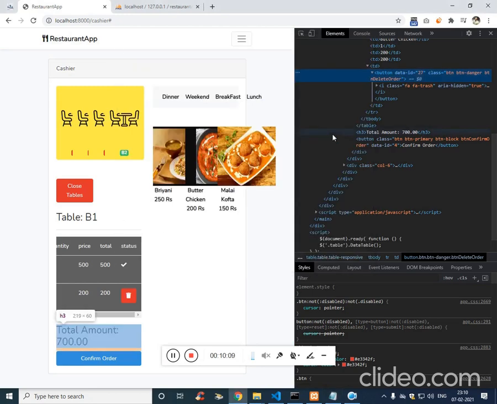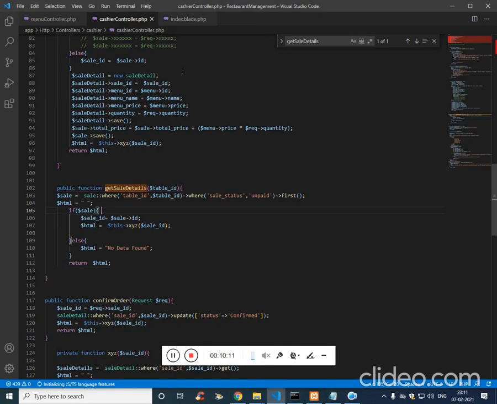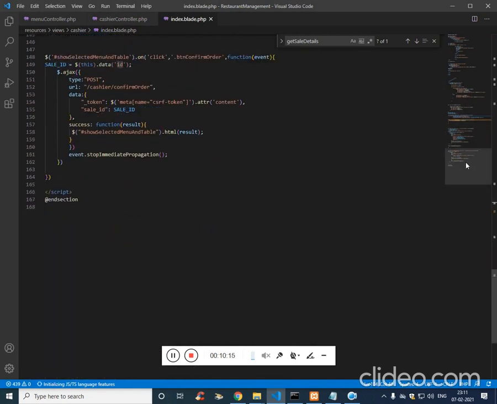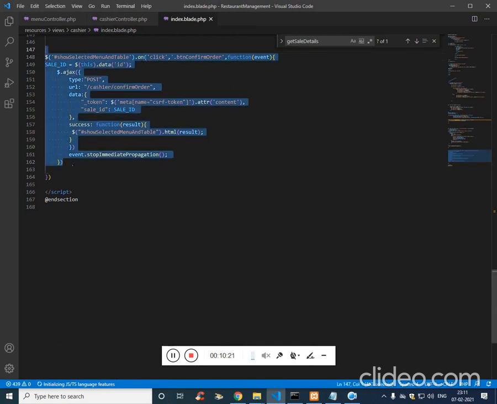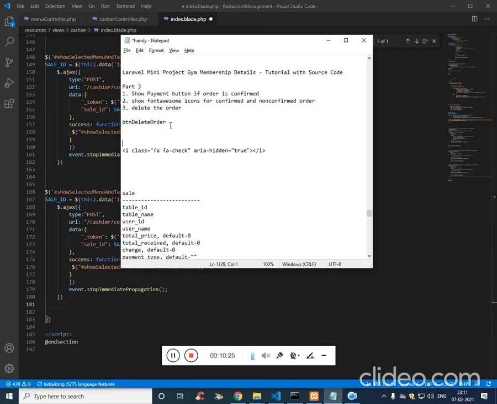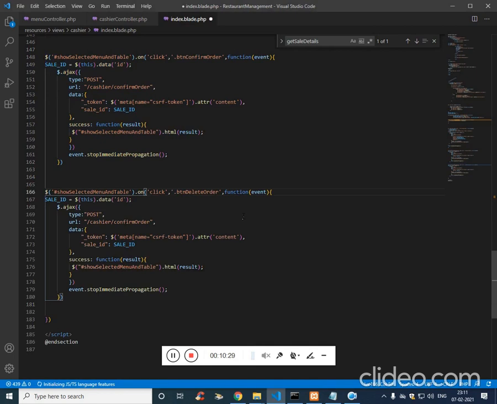So this is the button. So on the jQuery we have to use click event, like what we did here. Just copy paste the same thing one more time. There is a button name called delete order, and event propagation, everything seems fine. Now Ajax,